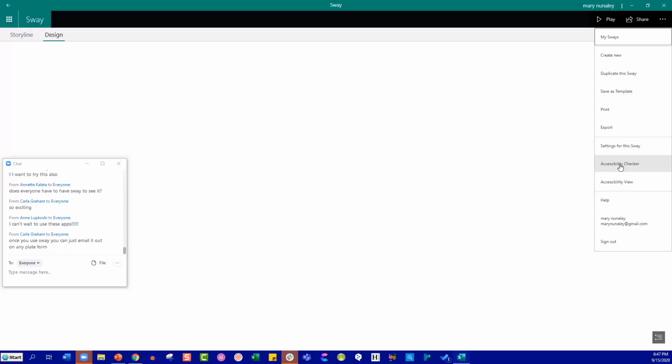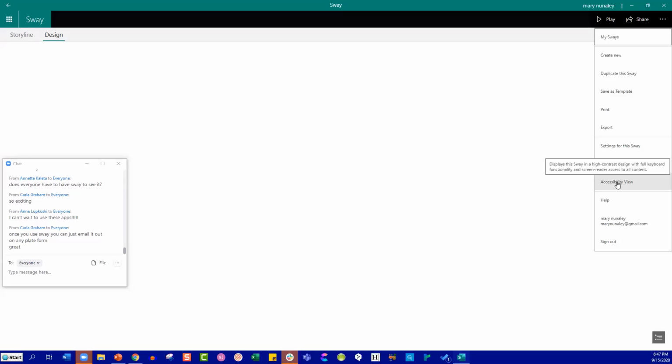The other thing to point out is the accessibility checker and the accessibility view. Because compliance with the Americans with Disabilities Act is important, you can use the checker and it will let you know if there's something missing. Yeah, it's a great marketing tool. And again, if you've ever created newsletters using something like MailChimp or Infusionsoft or Aweber or any of those platforms, sometimes it can be really mind-numbing to try and get all the pieces correct. But if you want just something quick and easy and fun, this is a great way to do it.